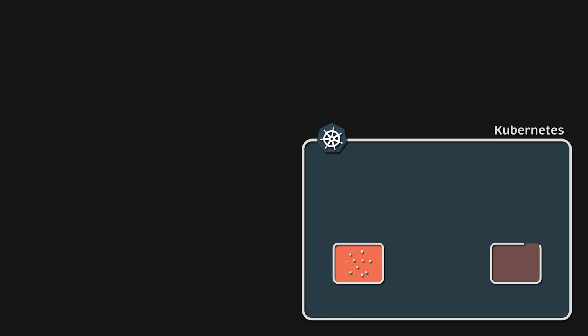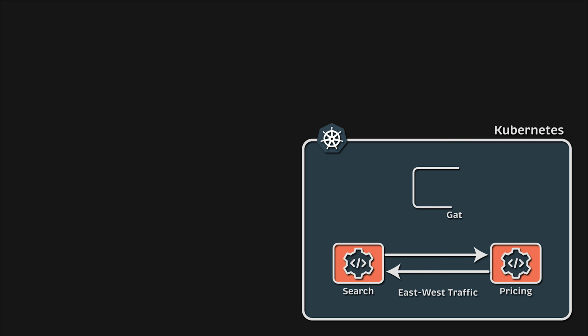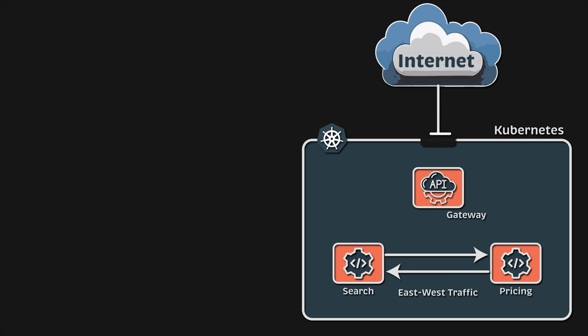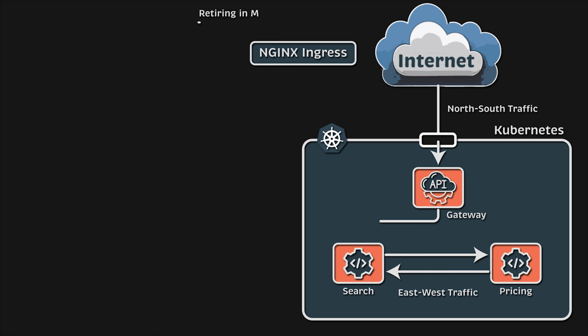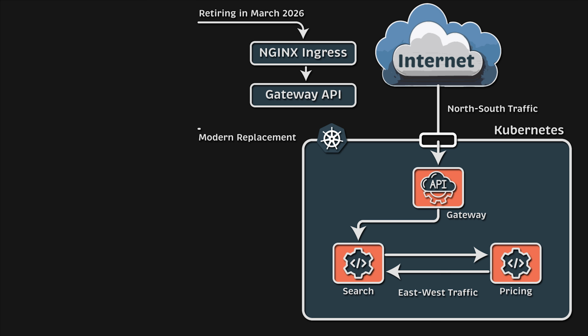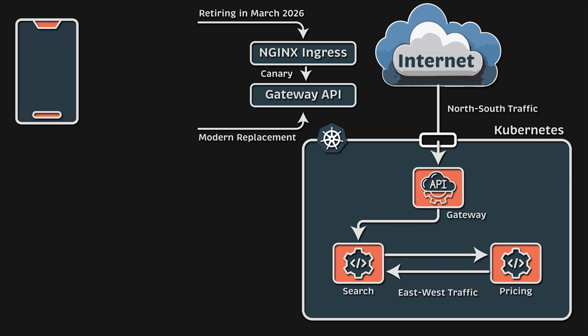When you deploy your applications to Kubernetes, most of the time you want them to interact with other applications in the cluster, as well as expose some of them to the internet. And since the Nginx Ingress controller is retiring soon, we'll spend some time comparing Ingress and Gateway API with hands-on examples like canary deployments. Let's build on the previous video example with Bookstore microservices and explore how we can deploy